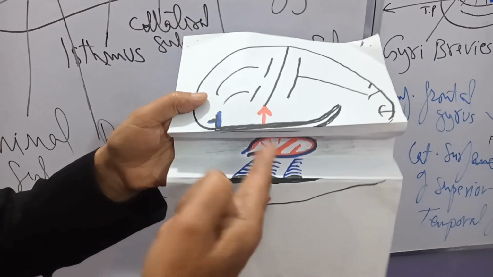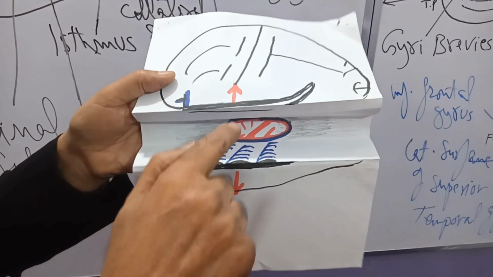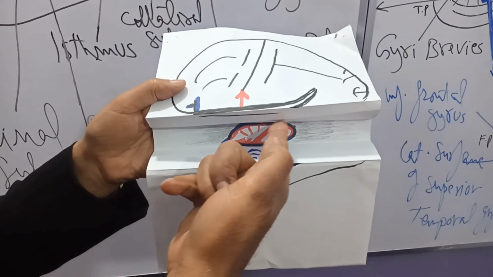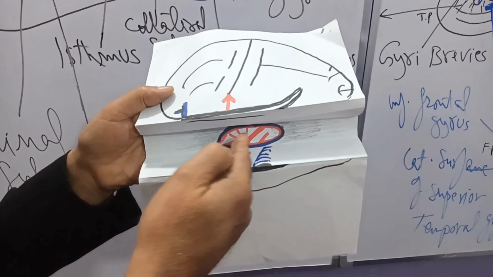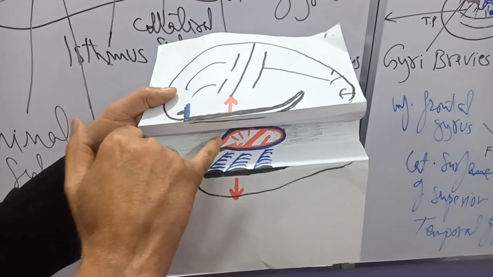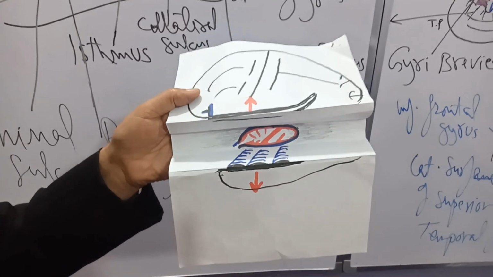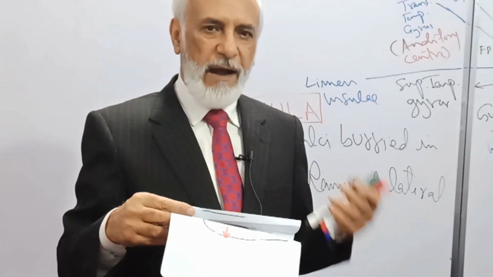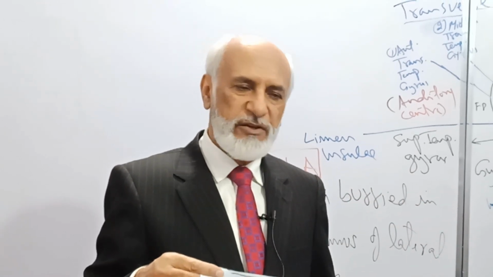Now between the upper and lower surface, this is the floor of the posterior ramus of the lateral sulcus, where there are some buried gyri and sulci, collectively known as the insula. So you can see the circular sulcus, this tail-like extension called limen insulae, and it is crossed by sulcus centralis insulae. Anteriorly there are small gyri called gyri brevis. In the posterior part there is one long gyrus called gyrus longus. I hope with this paper model you have understood what the transverse temporal gyri are, of which the anterior transverse temporal gyrus is very important because here part of the auditory center is located.